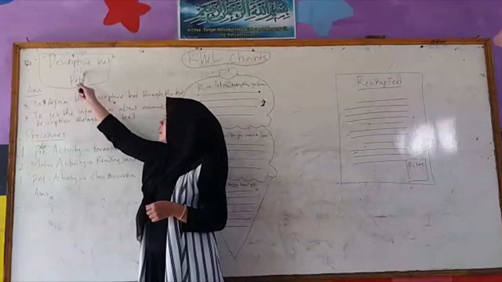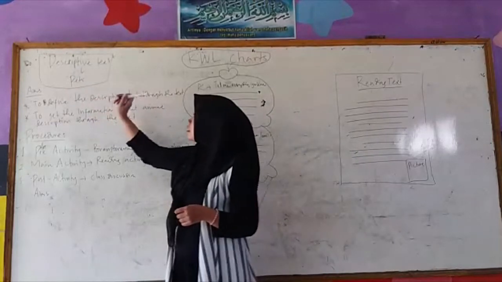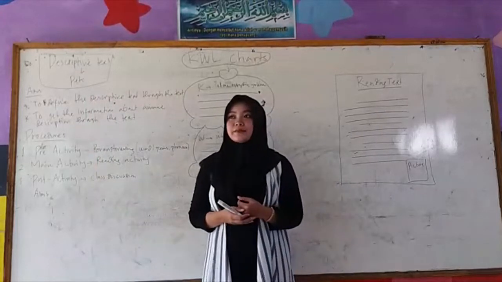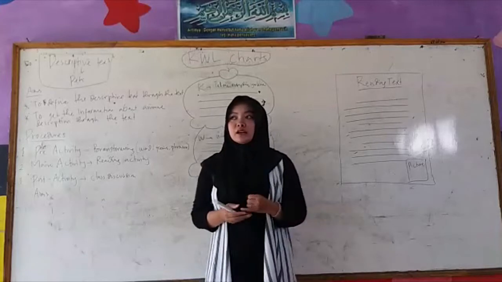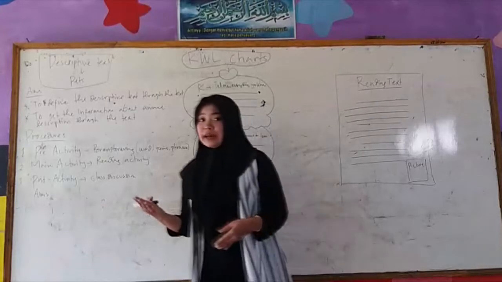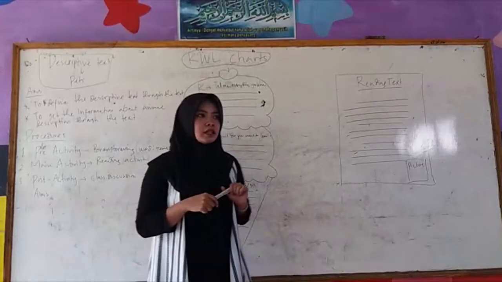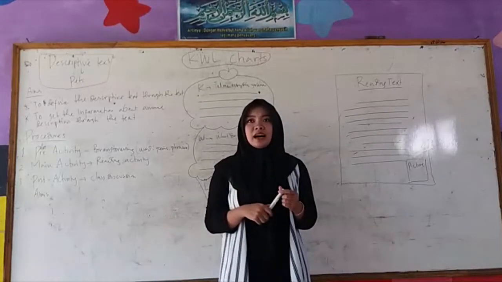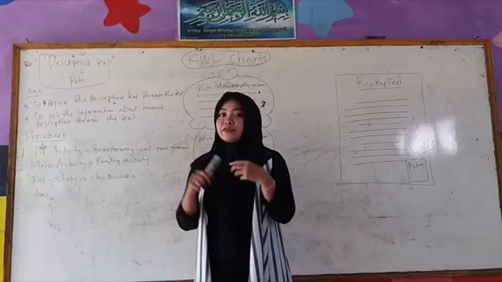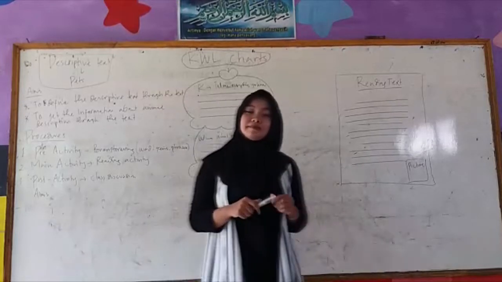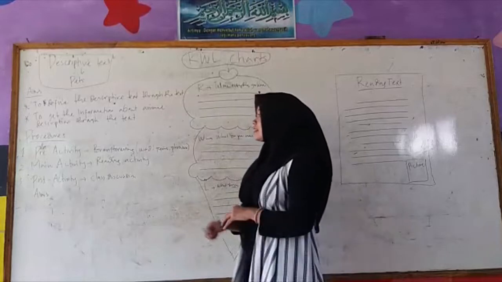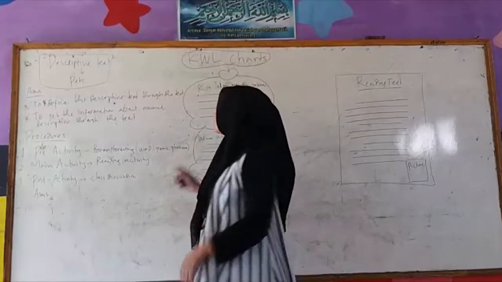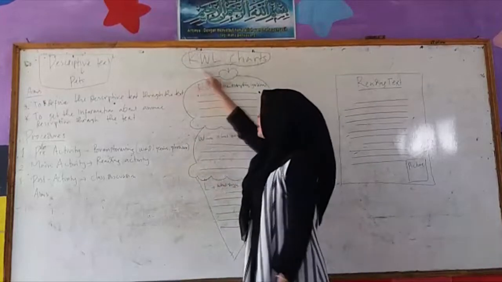or theme. In this lesson, the theme is pets. So the teachers give the questions. For example, do you have a pet? And then, what is the color of your pet? Or does your pet have a big body or a small body? Like that. And the second step is the teachers create KWL charts on the blackboard,